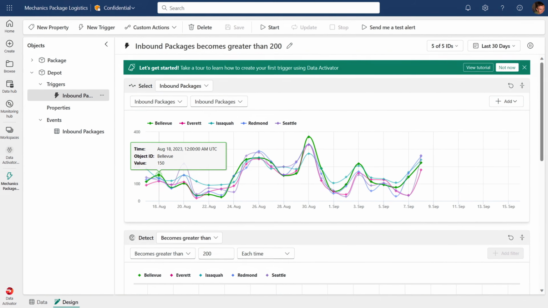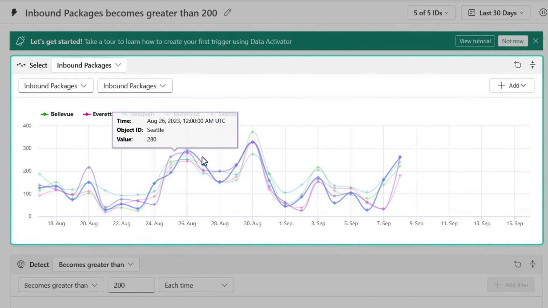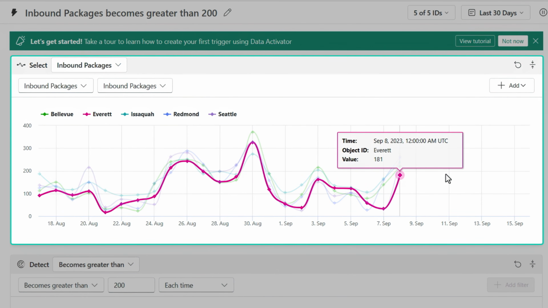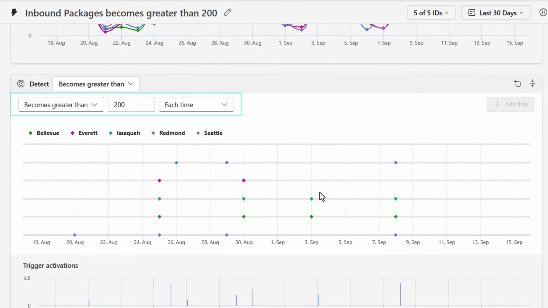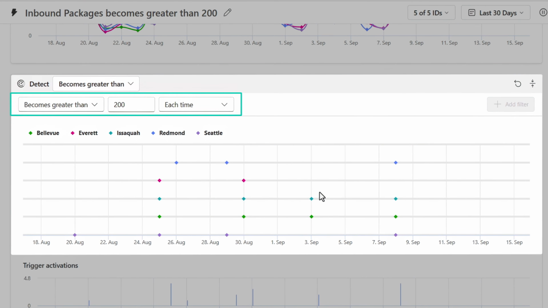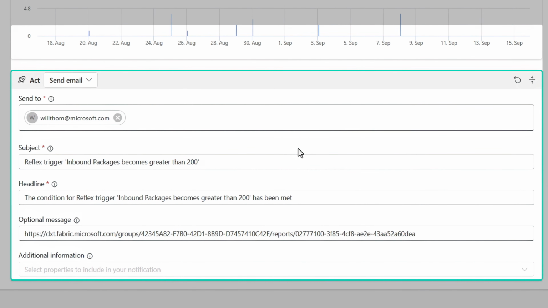And now if I look in my object model, I can see that I've got a city object. This was created from the packages inbound to the city visual, and it's monitoring each of the packages inbound. It's counting the number of packages on the way and looking for times when it goes over 200 and then sending an email with everything I configured according to those conditions.